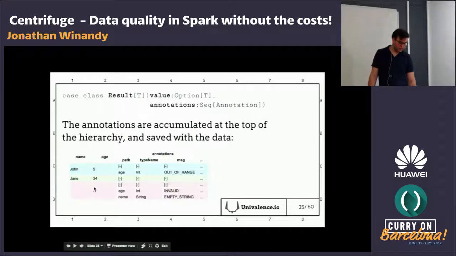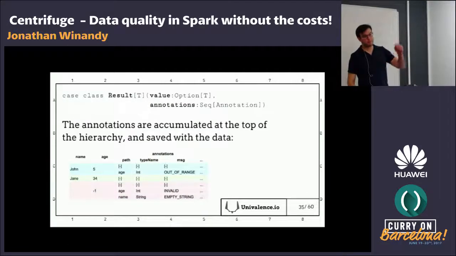And then you see that for this row, the age is invalid, so clearly out of range, like it's negative age. And also the name is empty, which should not happen. So you get for the same row a list of things that are wrong or that could be wrong.